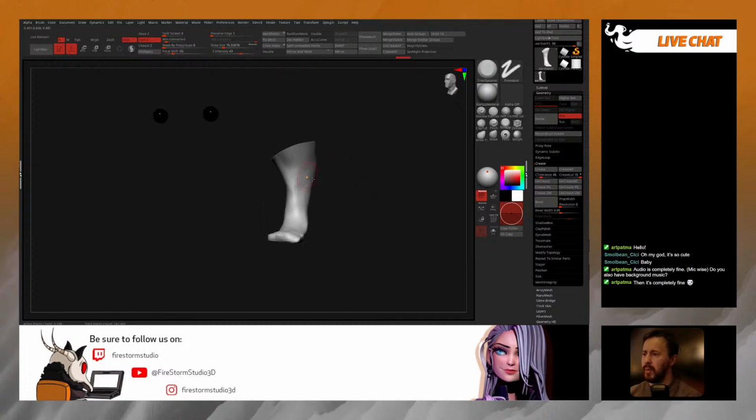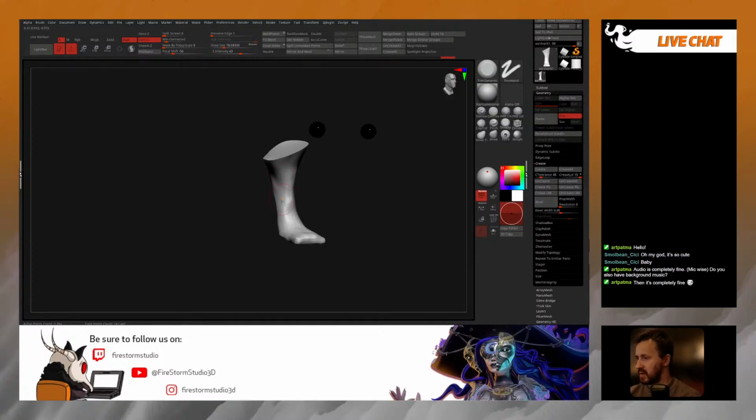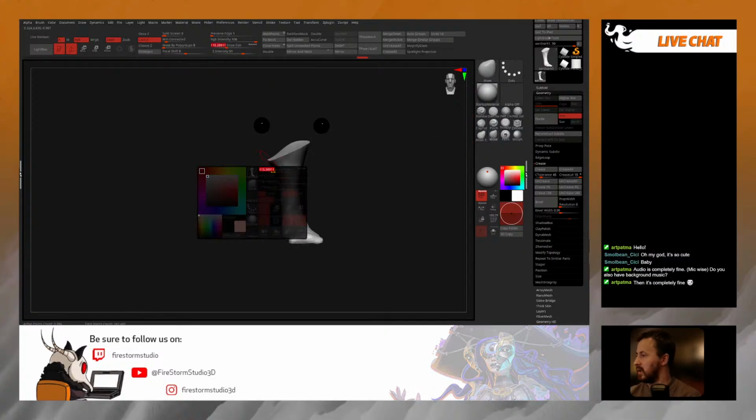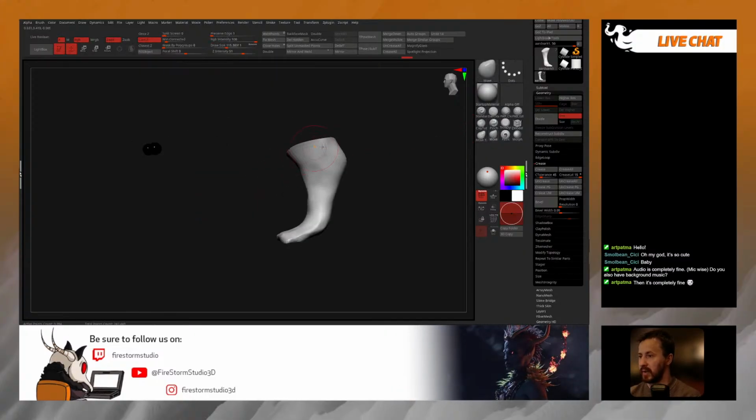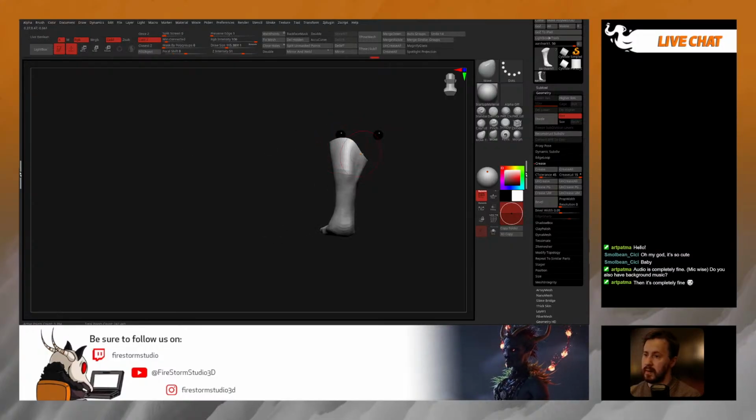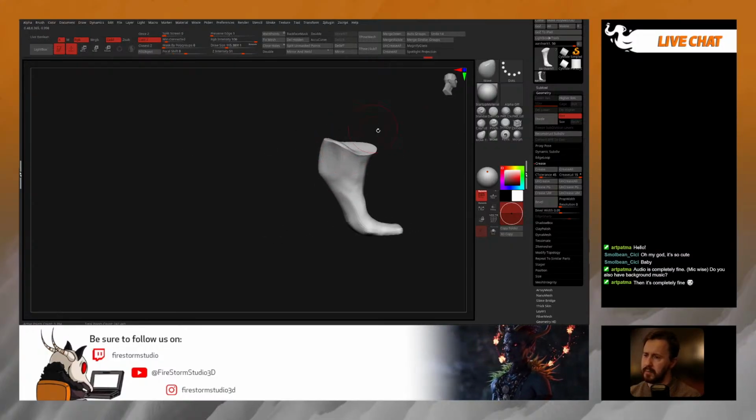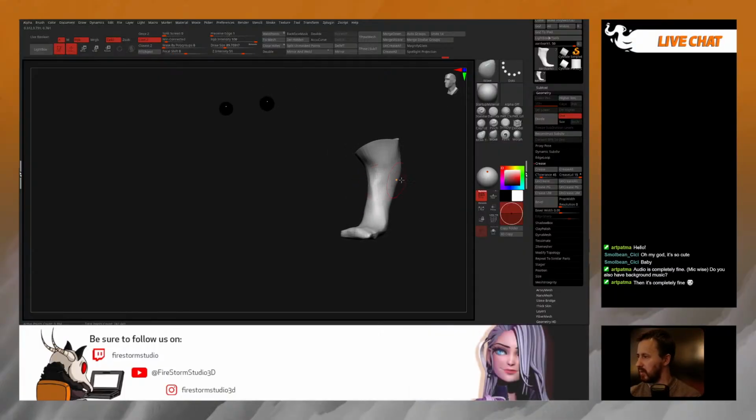And remember, folks, the way that we approach these projects on the A to Z series is we don't do any kind of previous preparation other than reference images. That's all we get is reference images. And then we just go for it. We just see how we go. And that can be a lot of fun because you can learn a hell of a lot just by jumping straight in to a model like this. It kind of forces you to think on your feet a little bit more and really observe the model or the creature that you're making. So